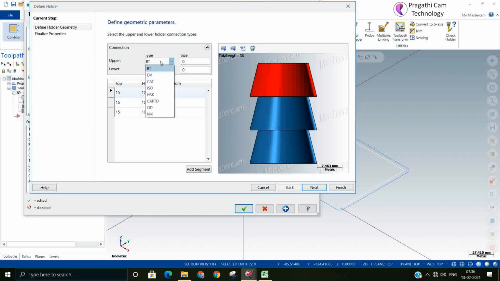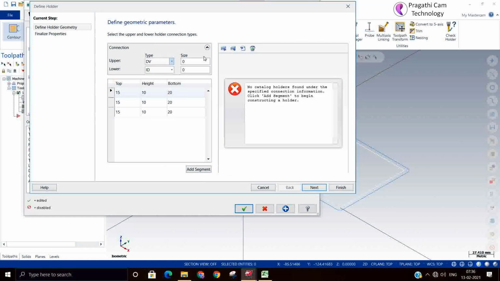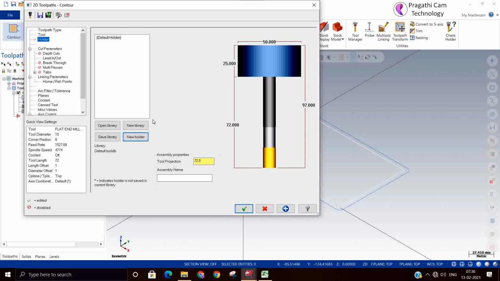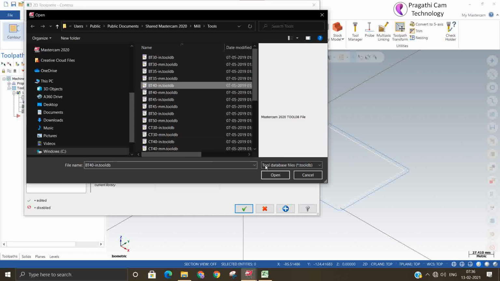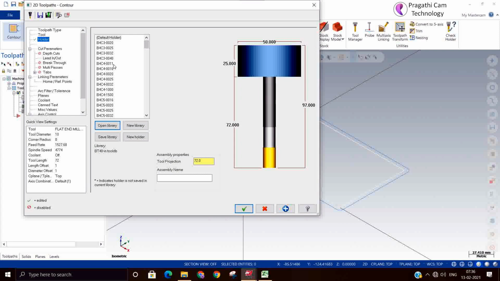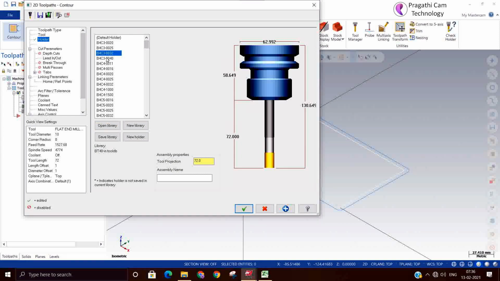We will see detail about how to make a tool holder. Otherwise, you go directly and open the library. You can see BT40 selected. This is a standard library. From there you can take any tool holder and modify it. That is also possible.